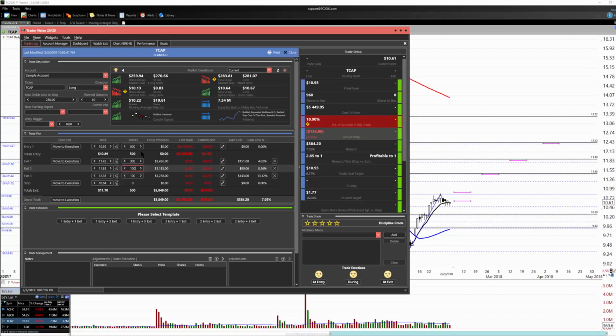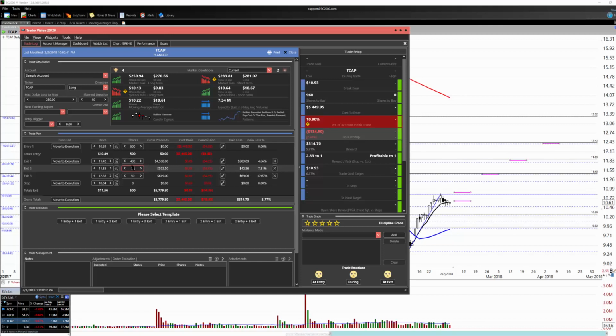So we'd have to play with these numbers. Perhaps we could make this 50 and 50 and make this one 400. That gets us 200 at the first target here. And that might work. That might get us closer to a workable plan. The idea is that we would continue to play with these numbers,